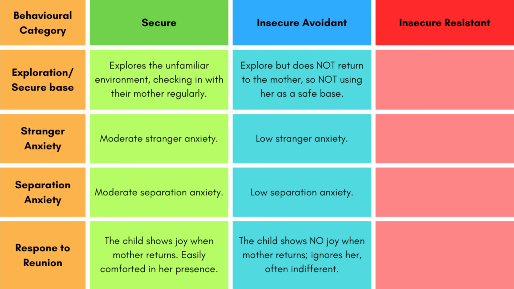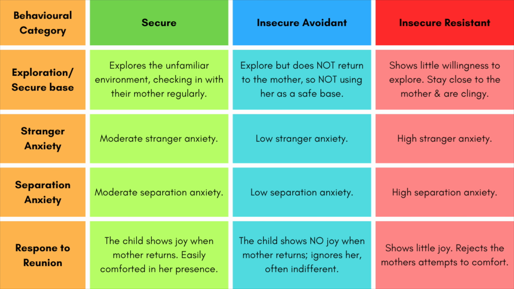Insecure avoidant attachment is seen in children who explore without seeking comfort from their mother, show little separation or stranger anxiety, and are indifferent when their mother leaves or returns, often ignoring her. Insecure resistant is shown by children who stay close to their mother and are reluctant to explore. They display high separation and stranger anxiety, showing intense distress when their mother leaves and ambivalence upon reunion, both seeking